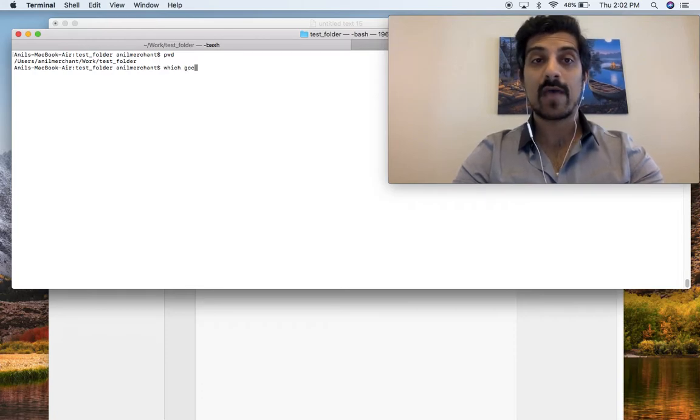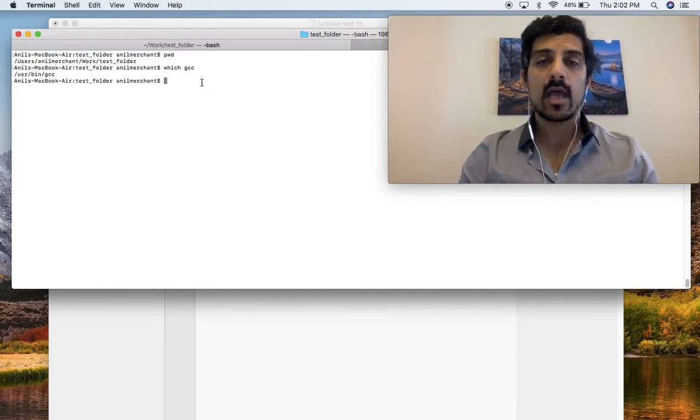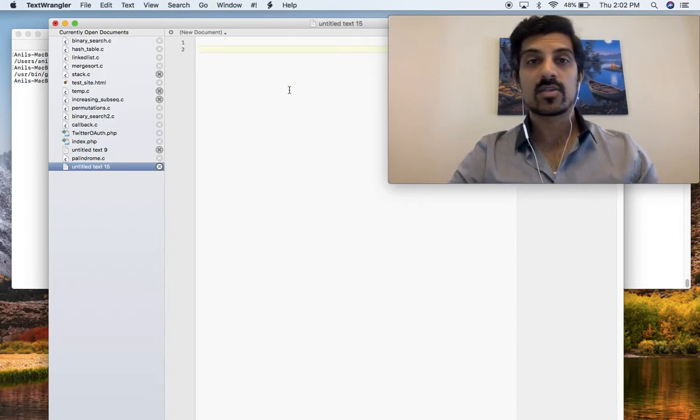To make sure you have it installed on your system, you can just type in which gcc. Here you can see that it is installed under our user bin directory. If you don't have it, you will need it in order to test your code, so you can download it. Again, if you have any particular questions about that, feel free to drop me a line. And that's it. So let's get started.